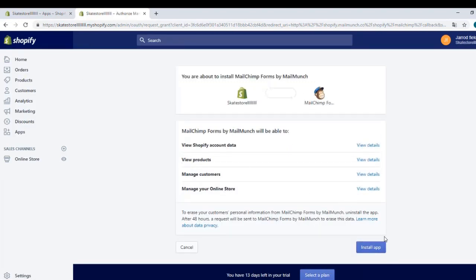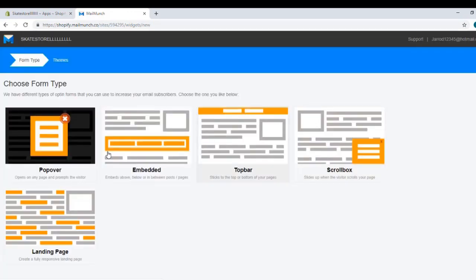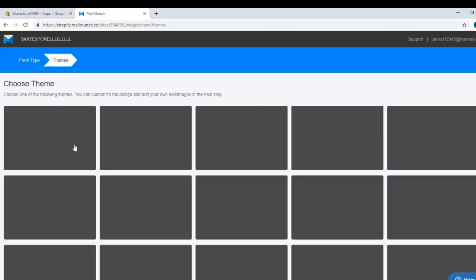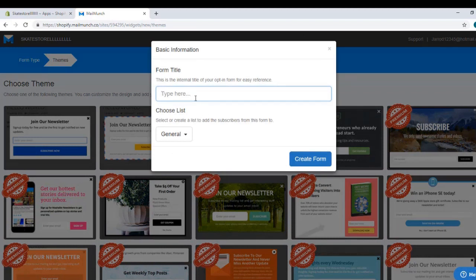And I will wait, and I will install the application by clicking on the blue button. Okay, I will click on Create New Form. And I will click on Pop Over. And I will select this one. There are only two available